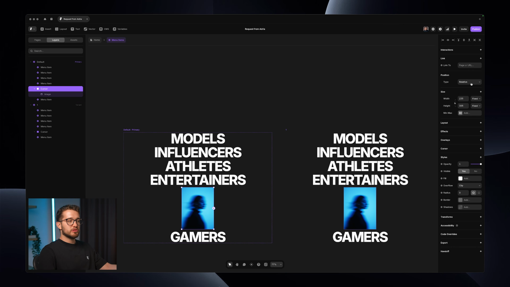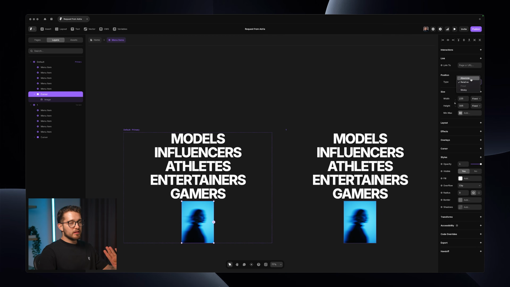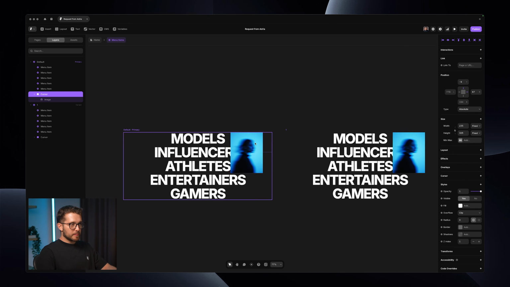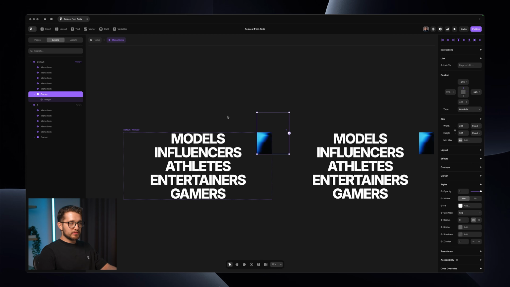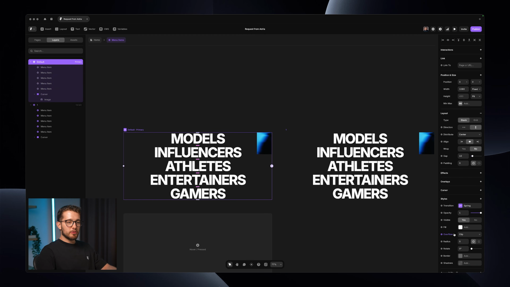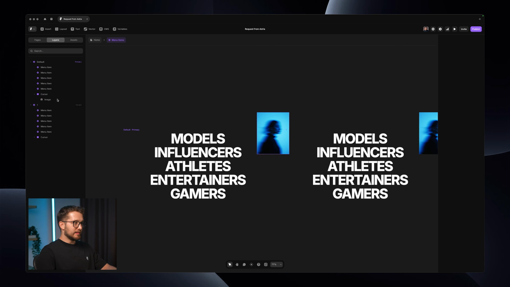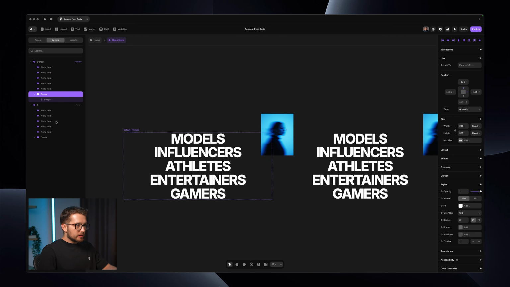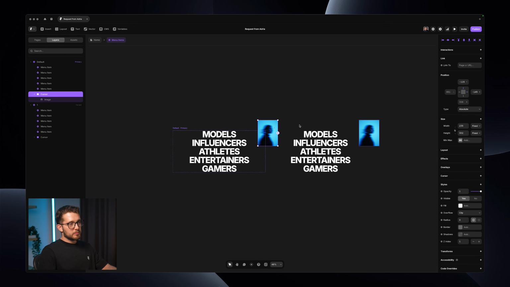not as a relative element, because then it's going to be just part of the flow. I'm going to be setting this to absolute. I'm going to move it here to the right. And then to make sure that it's visible, I'm going to set this default primary variant to overflow visible. So now the overflowing part is nicely visible. So I can put it here. I can somehow get it aligned with this right here, which is, I don't know, not the easiest task, honestly,